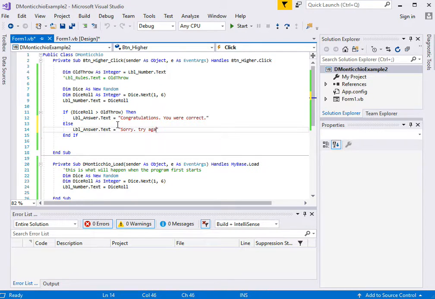sorry, try again. You could put you lose, you could put wrong, whatever it is you feel like putting. We're just saying that now if this dice roll, which by the way is on the higher button, is higher than the old number, then we were correct. We guessed right. If it was not higher, so any other option, whether it was equal or lower, doesn't matter, which is why we have the else, it will be sorry, try again. So now if I play this,